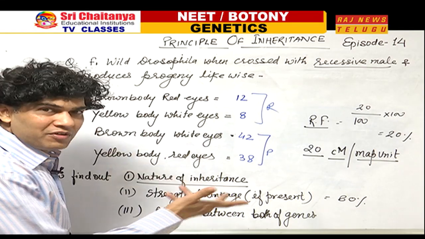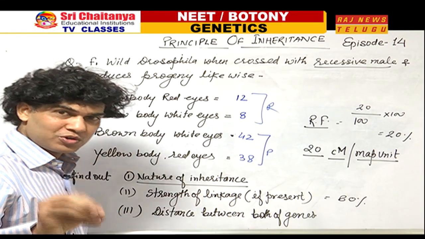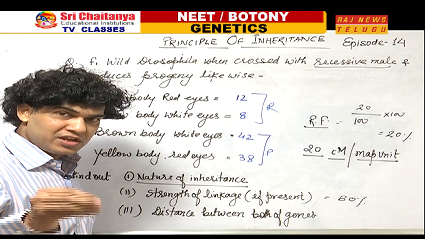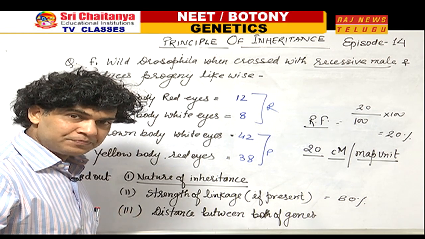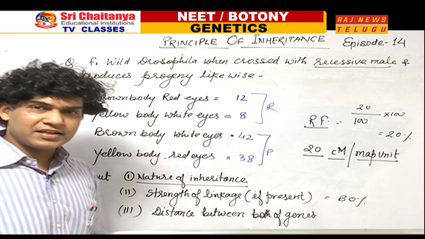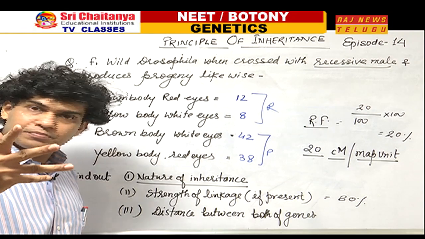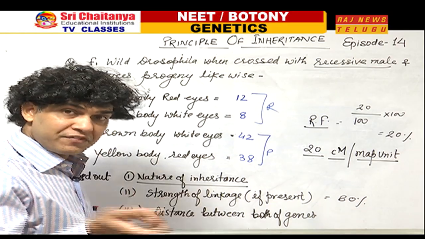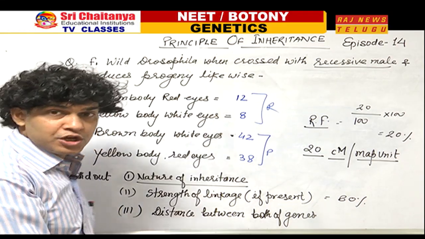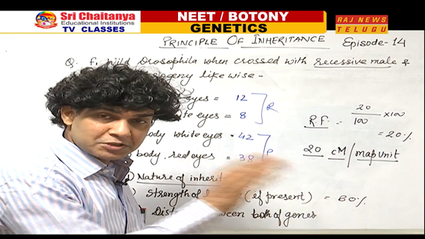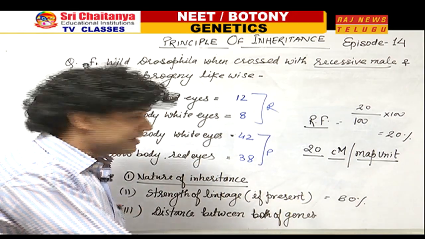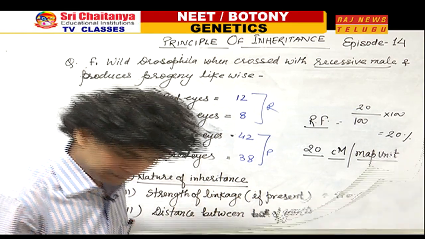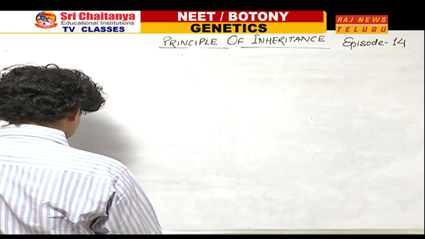It means in any of the way, first of all you have to decide that the given cross is a test cross or not. If the given cross is a dihybrid test cross, then see that the progeny are arising 2 types or 4 types. If 2 types of progeny, then it is a case of complete linkage. If 4 types of progeny, it means either case of incomplete linkage or the case of lack of linkage. If lack of linkage, then every type of a progeny should be equal 25% each, means parental 50%, recombinant 50%. If the ratio is not 25% each, that means it is a case of incomplete linkage. One more type of questions we can discuss here.